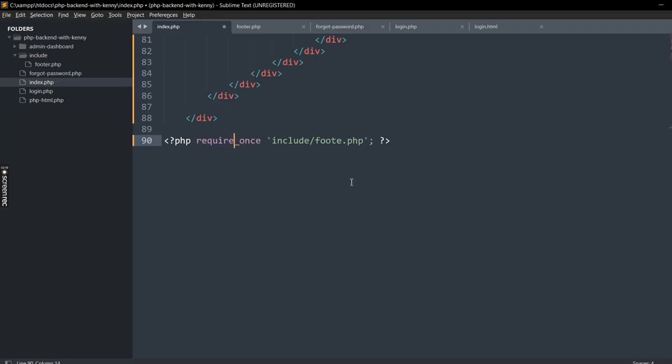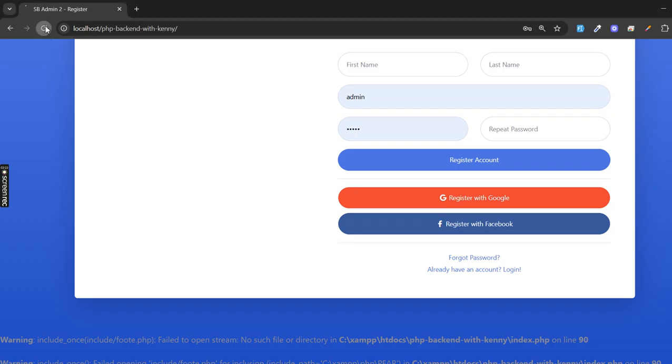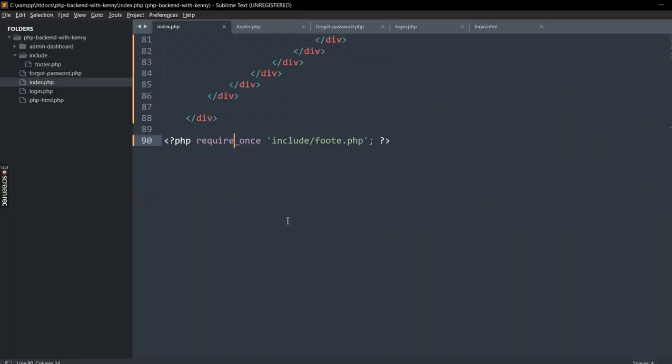require, okay, so if I run this, require once failed to open, no such file or directory. So it's still, are you following me now? But one thing about require is that if there's an issue, it should not even run. Okay, because yes, it will still work because it's from up down. But if I should do something like, if I copy here,